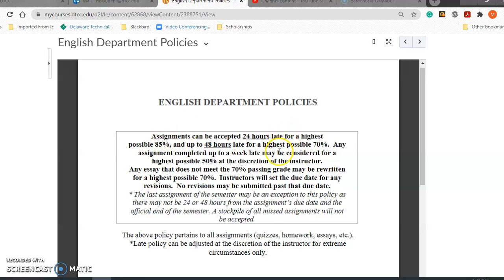And then it drops to a C in that second 48 hours. So at 8:01 on Saturday night, it drops to 70%. And then after that 48 hours, it's 0. Assignments may be completed up to a week late for a highest possible 50% at the discretion of the instructor,